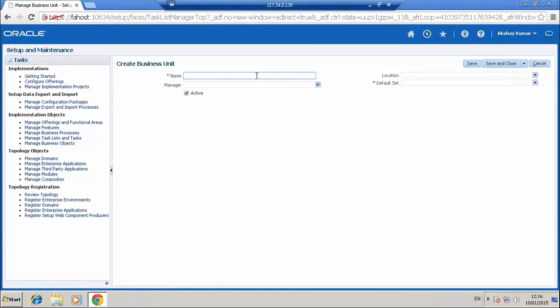This is almost similar to the concept which you have in eBiz. You have business unit also in eBiz, right? Yeah, it's a similar concept. You create the business unit, but you won't have the set assignment at all, I mean, set IDs? No. I think the set ID concept is from PeopleSoft.